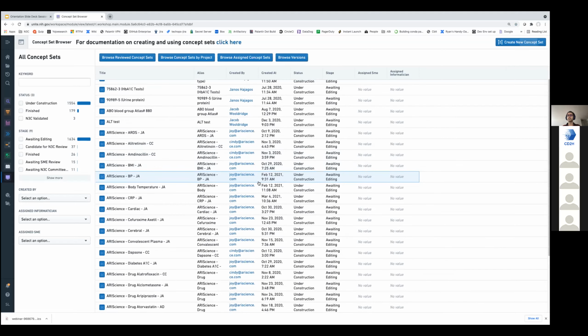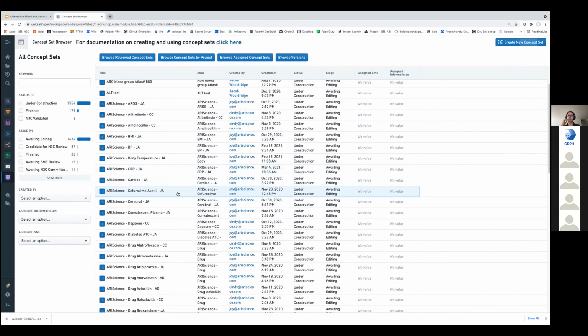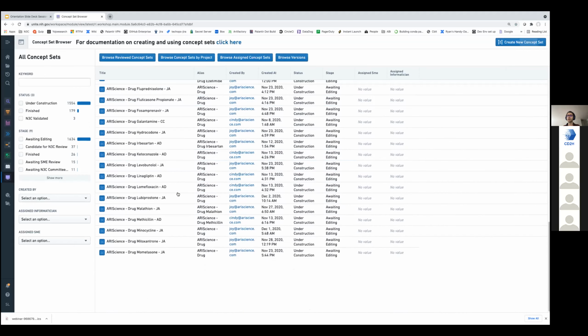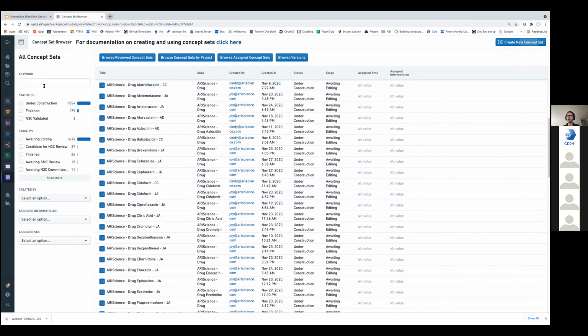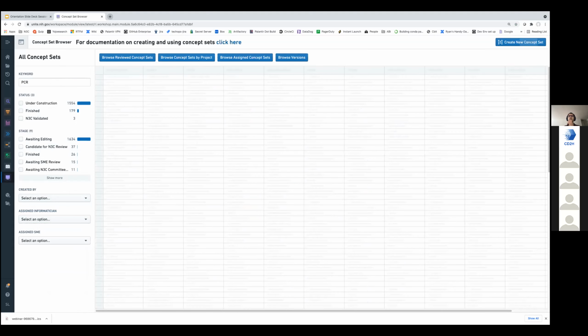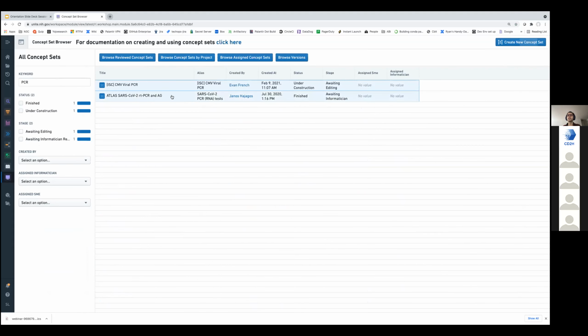what you see here is a list of all the concept sets that are defined within the enclave. And you have some useful filters here that you can apply. For example, you can look at the concept sets created by a specific person or assigned to a specific person to review, or you can just use a keyword. So if I type, for example, the keyword PCR, what I see here is two matching concept sets. If I click on this one called Atlas SARS-CoV-2, RT-PCR and antigens,